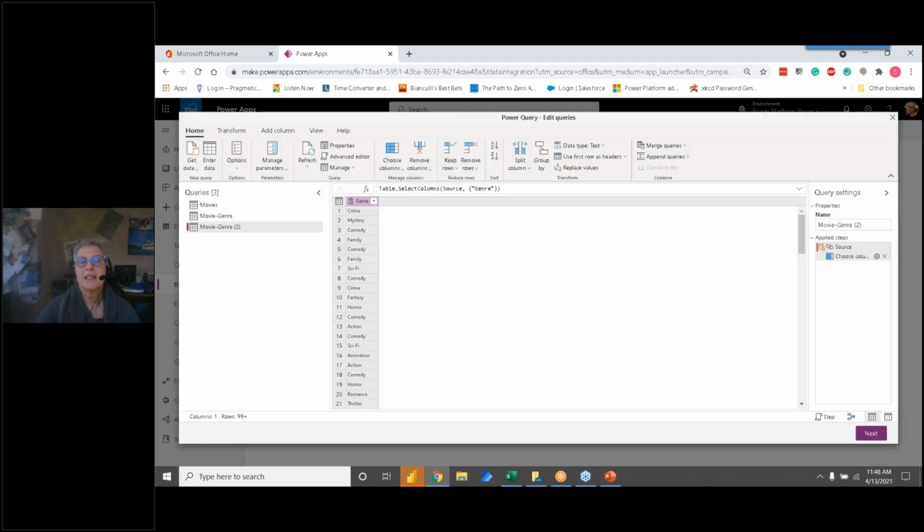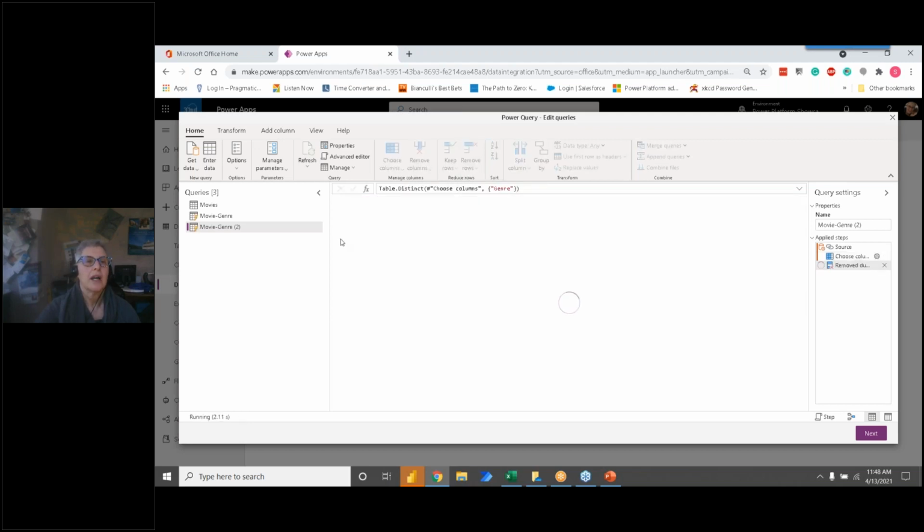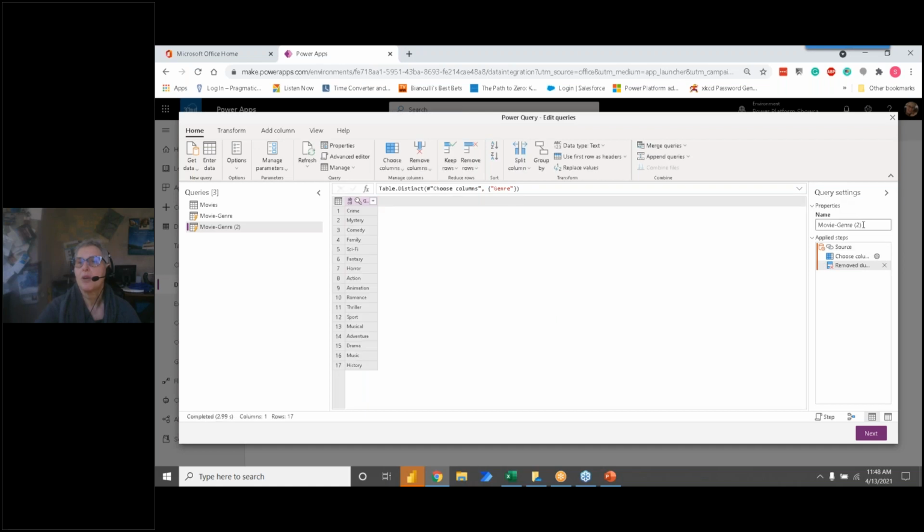What I want is a list of unique genres. So I'm going to come to remove rows and remove the duplicates. Oh, I forgot my own pattern. I'm going to change the name of this to just be genre. There we go. All right, that's it. Those are my